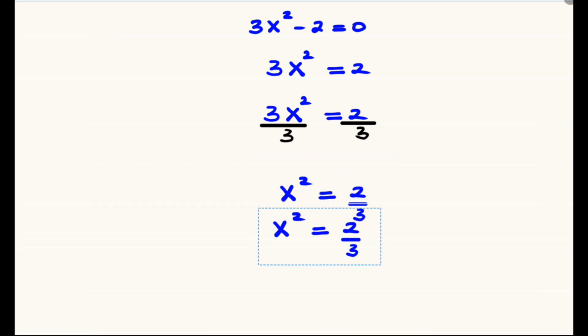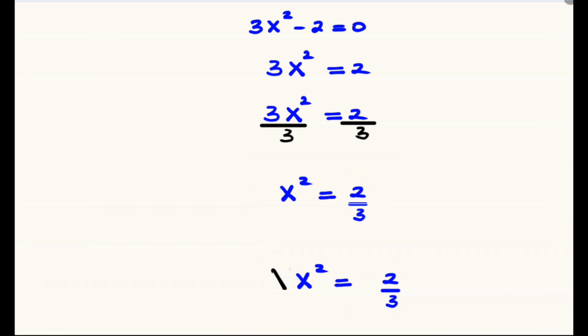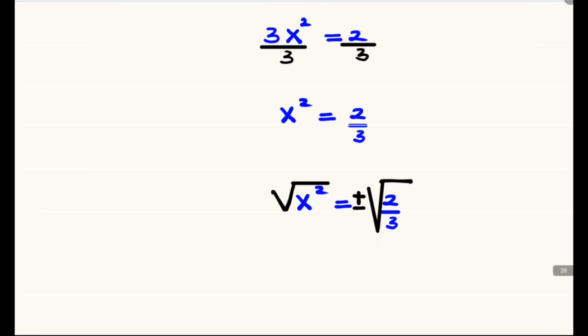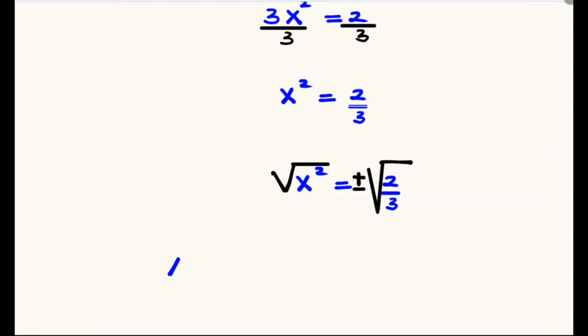Introducing the square root on both sides of the equation, when we introduce the square root on the right, we also introduce the plus or minus, and our x will be equal to positive the square root of 2 divided by 3,